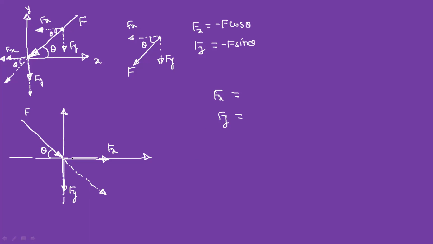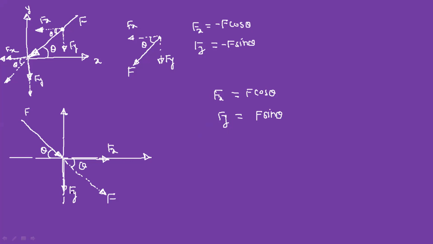So this angle is theta. So with respect to x-axis, angle is theta. This is the resultant force F. So Fx is equal to F cos theta. Why am I taking cos? Because theta is given with respect to x-axis. And Fy is equal to F sin theta, but we have to observe the direction.